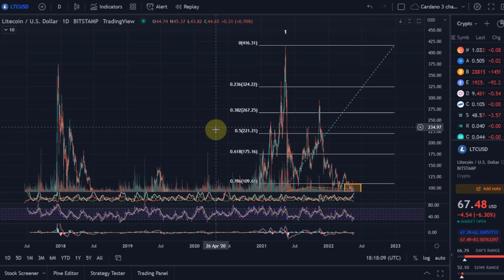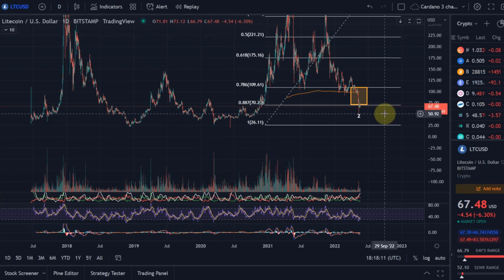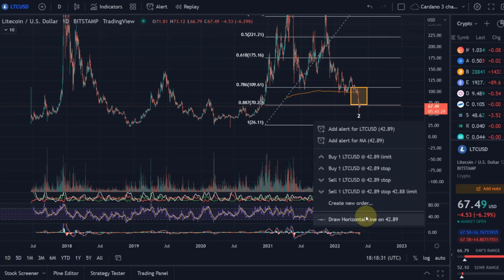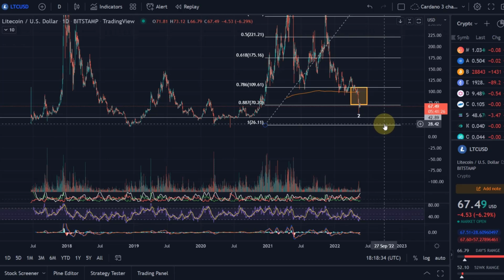What are the key support levels here on the daily chart where the price could drop down to, should it really drop once more? And I think it will. So if it drops really significantly below that 88.7% Fibonacci retracement level, looking here at those significant swing lows, we have here an area, in my opinion, that will be relevant around 43 US dollars. So I'll just put that on the chart here, 43 US dollars. And then we've got here the area where we had a significant area of support, which is 30 US dollars.